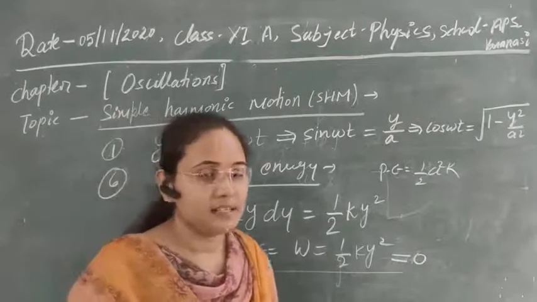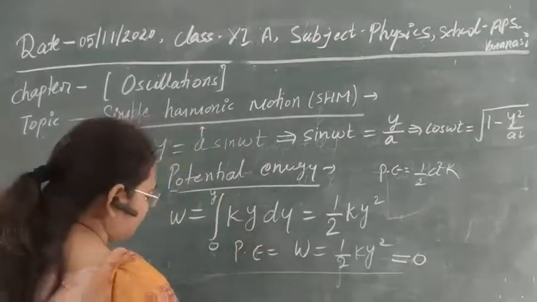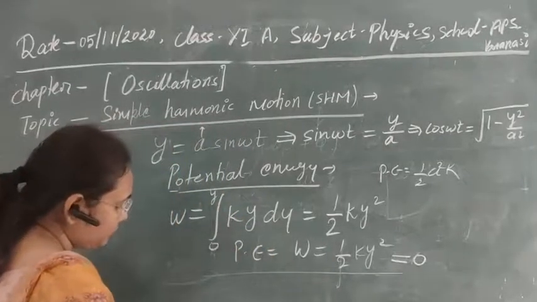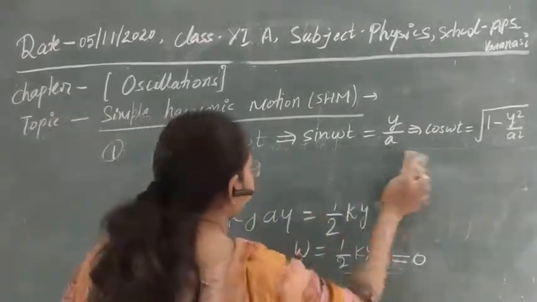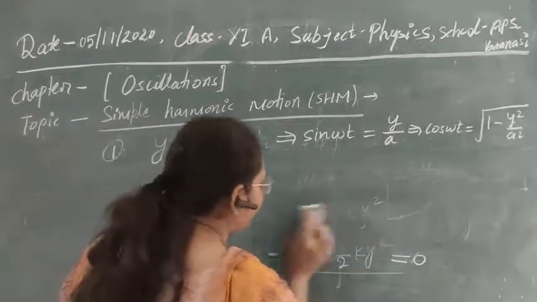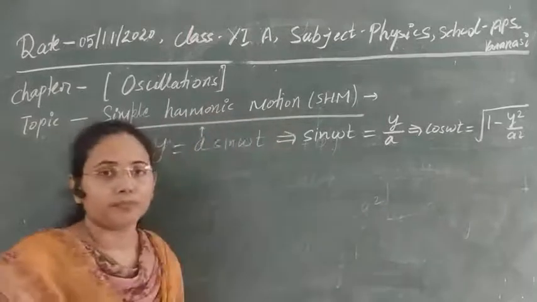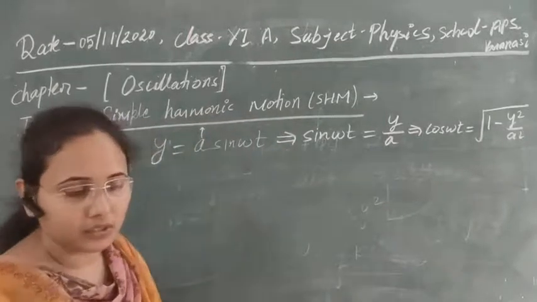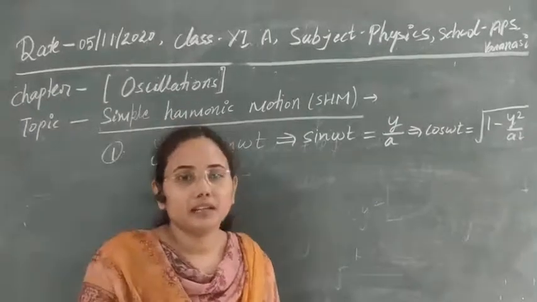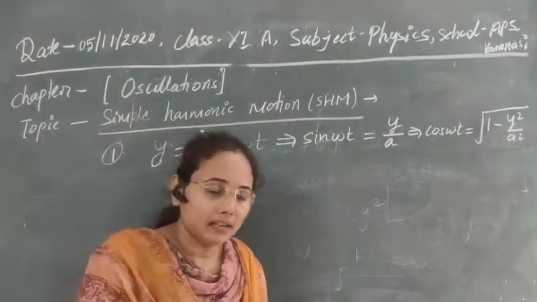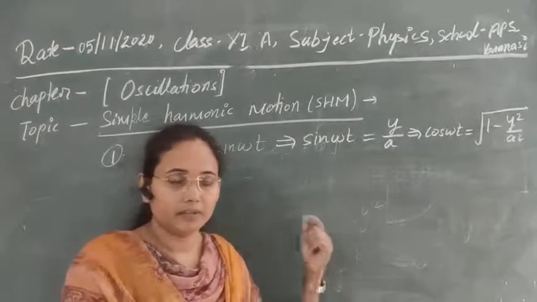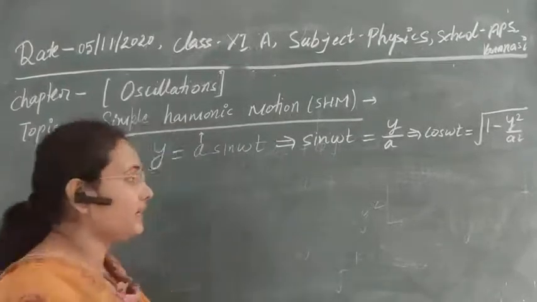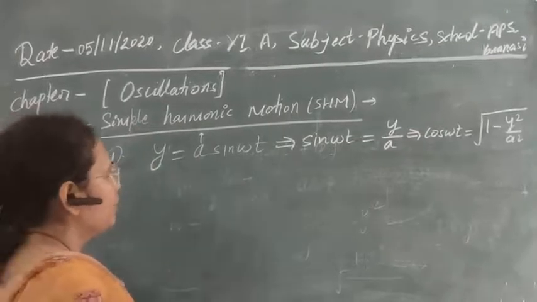So there is a continuous variation in potential energy from the equilibrium position to the extreme point, and according to that, obviously, if potential energy is changing, then kinetic energy will also change. And the change should be in such a way that the total mechanical energy is conserved in the system. So let's see what is the kinetic energy that is obtained in the system.